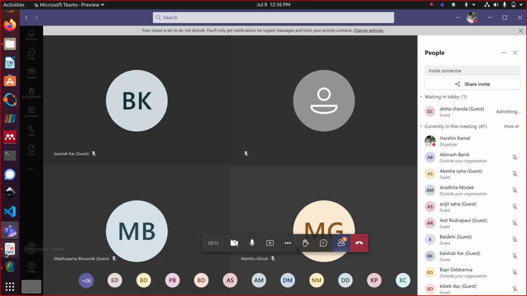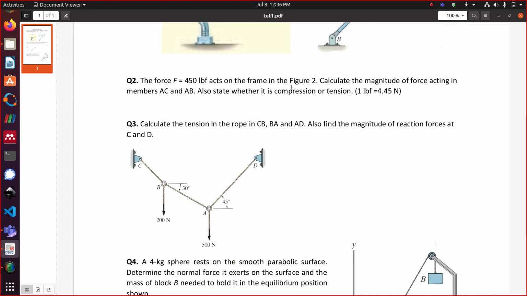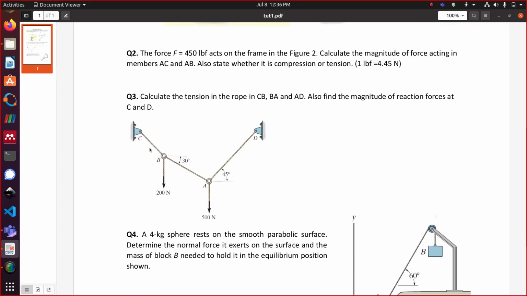So here in the third problem, we've already discussed the first two, right? The third problem,